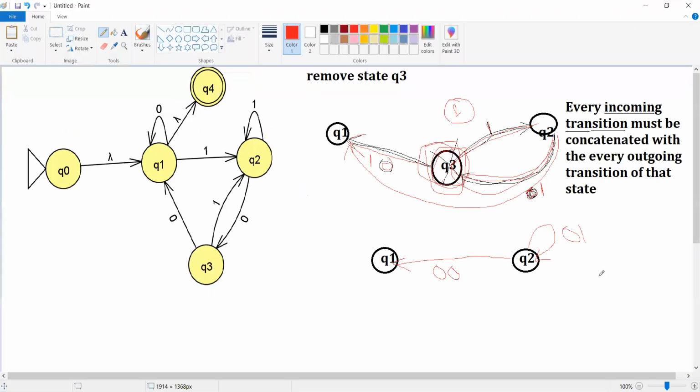Let me write over here. Already we have a transition with input value 1. Now these two edges are both landing onto the same state, so they are going to become parallel transitions. Once we have parallel transitions, we can take the union of them, and write 1 plus 0 1. Instead of writing 1 and 0 1, you can write 1 plus 0 1.